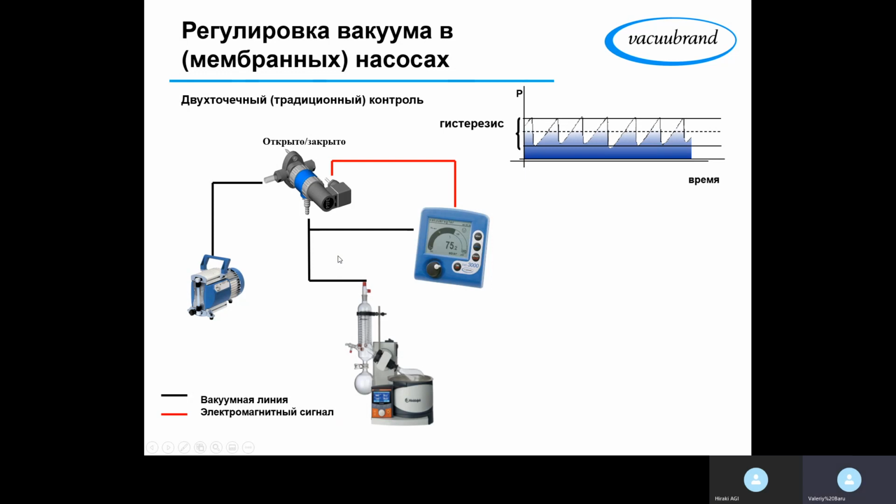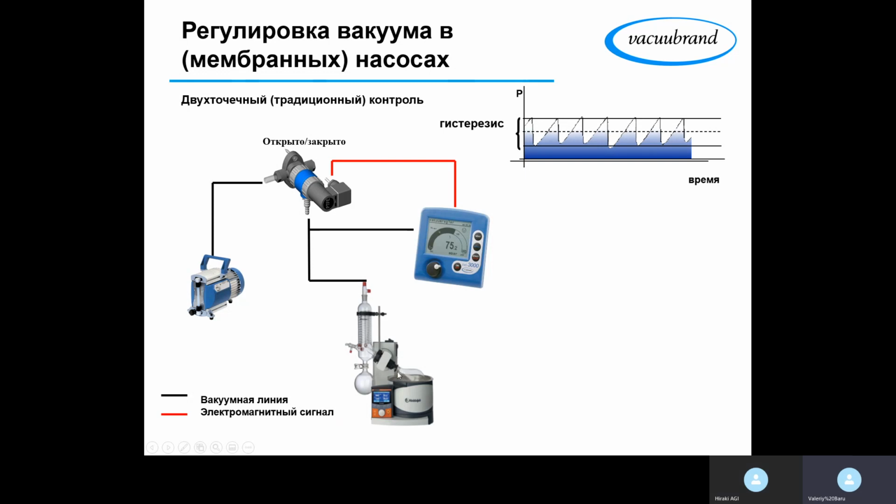But there is a big disadvantage for this kind of vacuum controlling, which is the hysteresis. I'm not sure if I'm pronouncing the word properly, but I will explain what I'm talking about. How is it going with the vacuum controlling? First, when you start the rotary operation process,